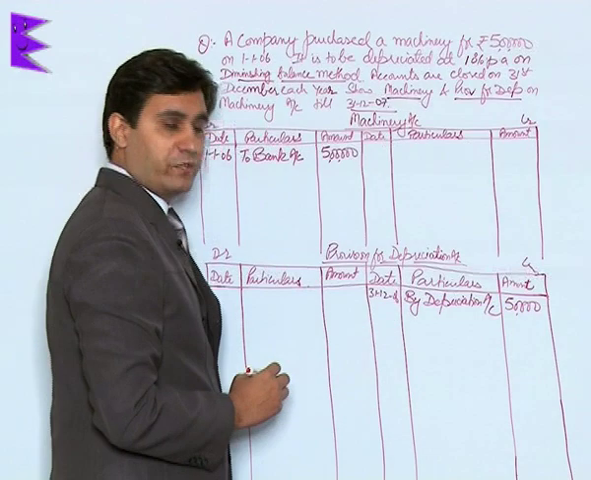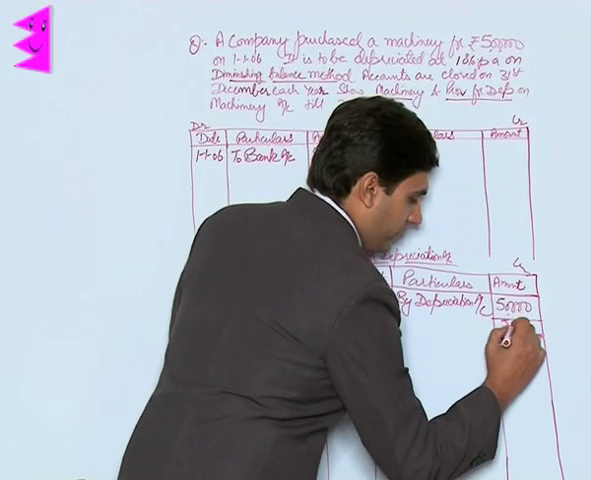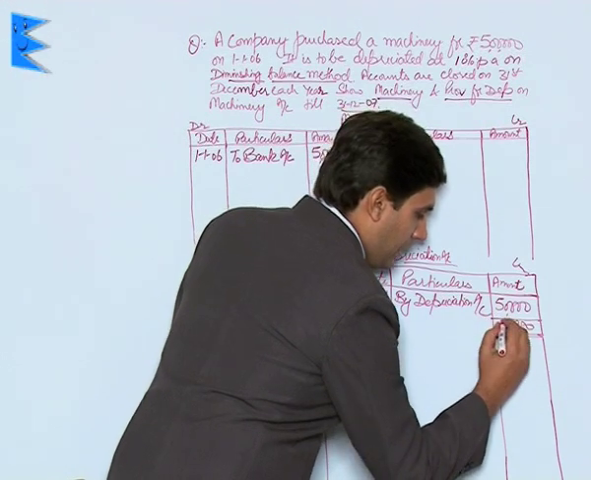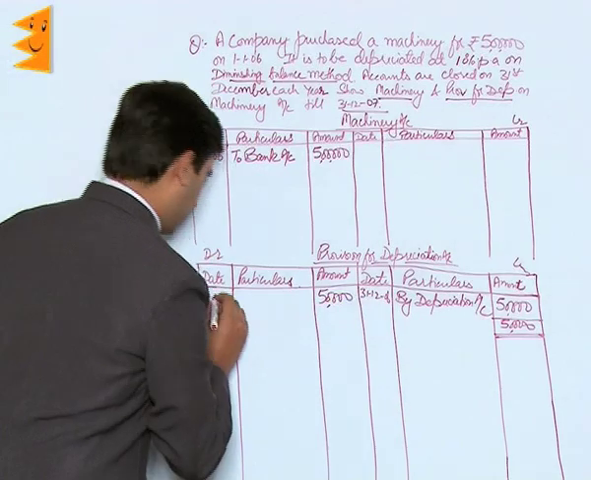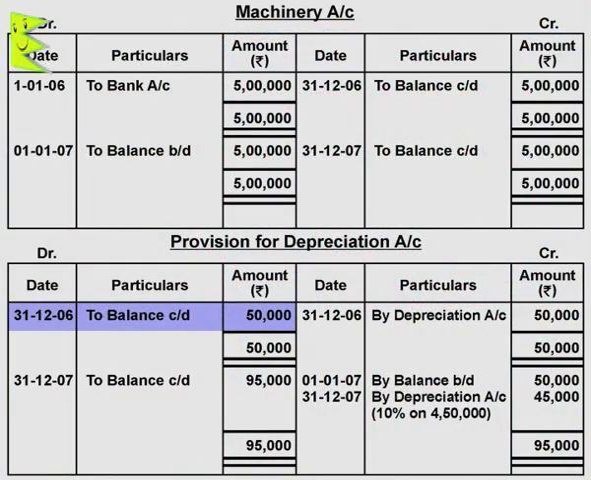Since this is the last date of the year, let us balance out both the accounts. 50,000 here on the credit side, that is the total, and the balance would be 50,000 as there is nothing on the debit side. 31/12/2006 to balance carried down